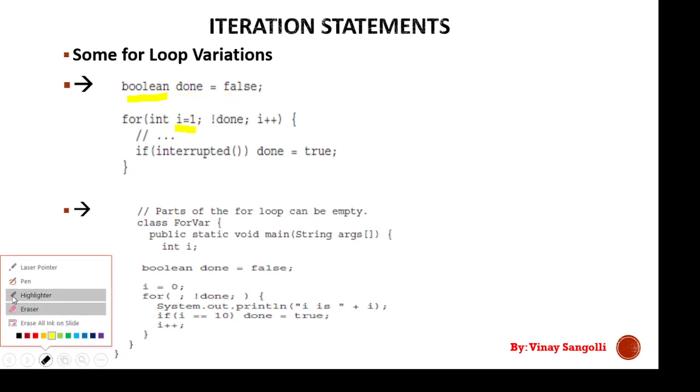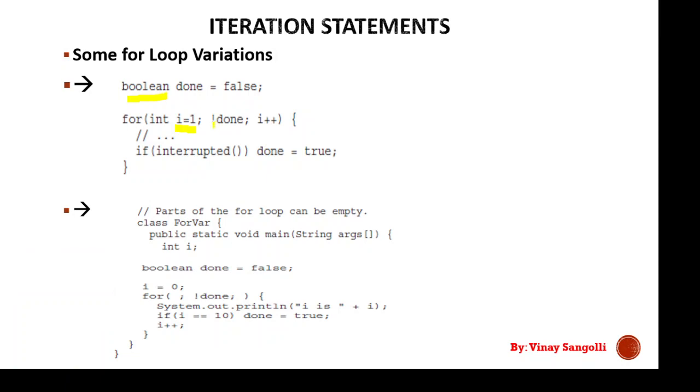So what is the meaning of not of done? It will check this condition. This is the condition statement. Okay. So what will happen now? If interrupted, done is equal to true. That is, if there is an interruption, the value of done will become true. Here we are checking not of done. So what is done? Done is false. Not of done means the inverse of done. So if done becomes true, then it will go ahead with the execution. That is what it means. I hope you are getting it.